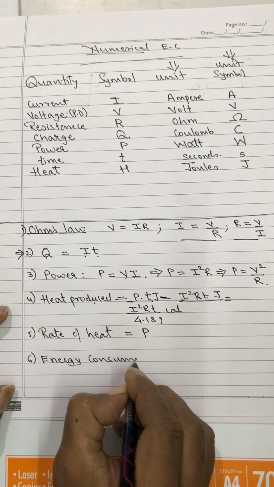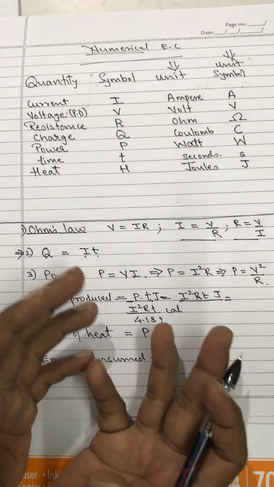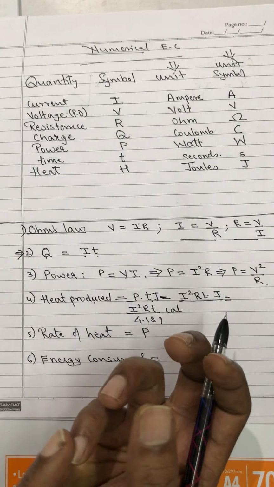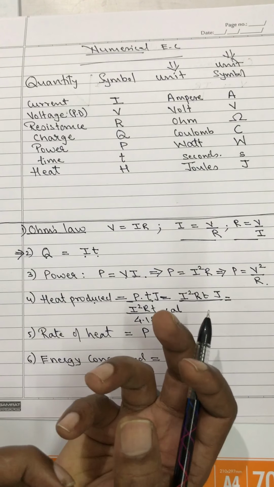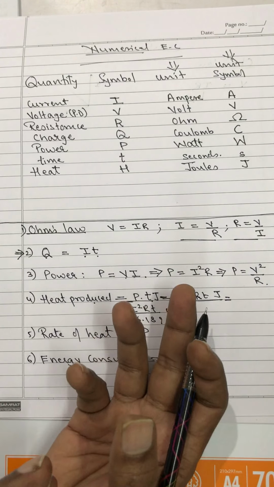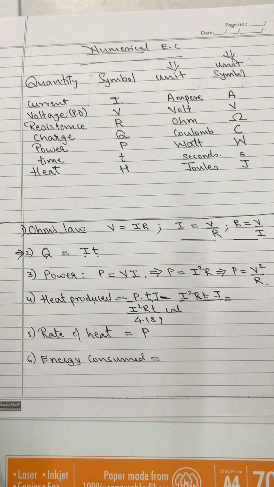See, when a bulb is glowing, it is definitely giving heat, it is producing heat. While it is producing this heat, this bulb which is of 50 watt is producing heat. At that time it is also consuming energy, it is consuming electricity. The bulb is consuming electricity.